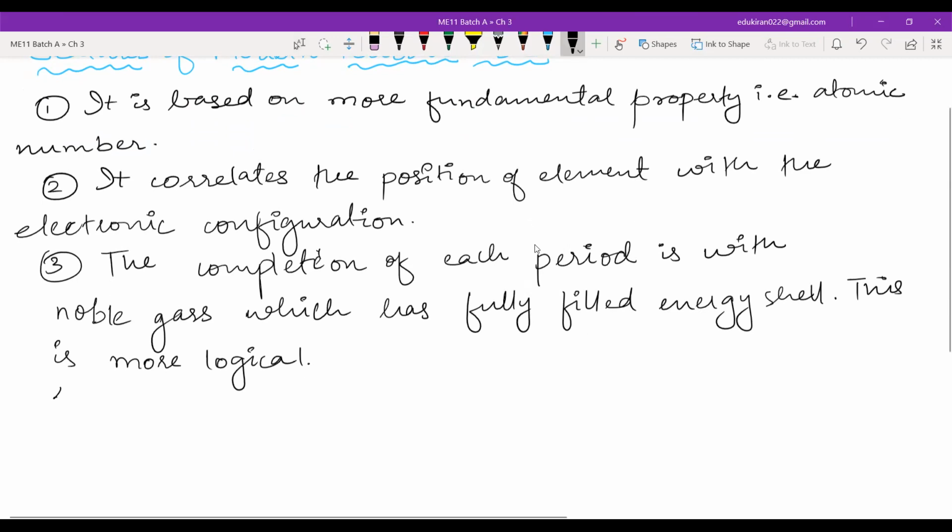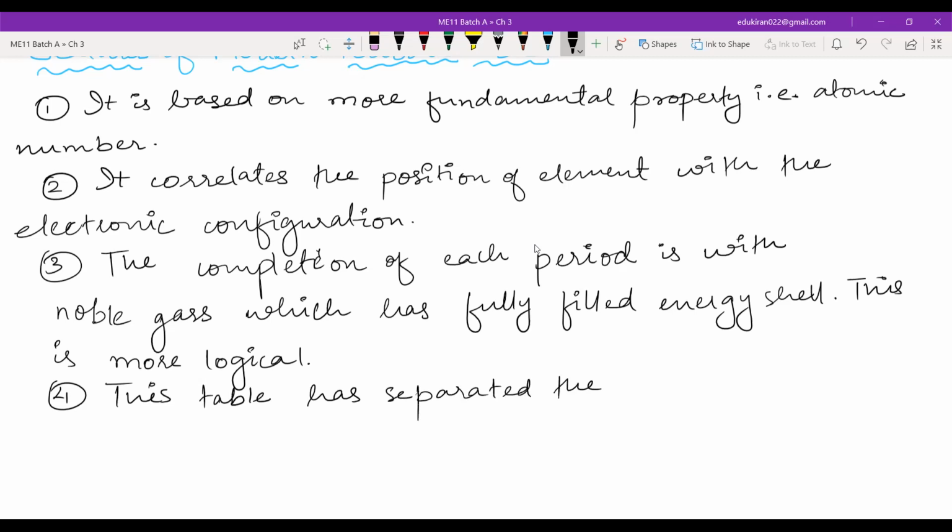Now, we have also seen that this table has separated the metals and non-metals for that. And the fifth one,